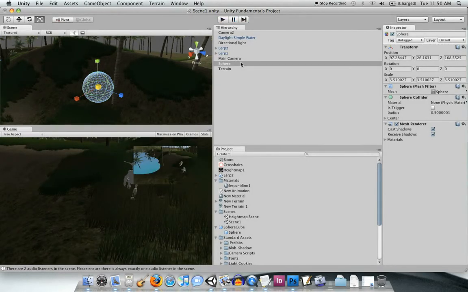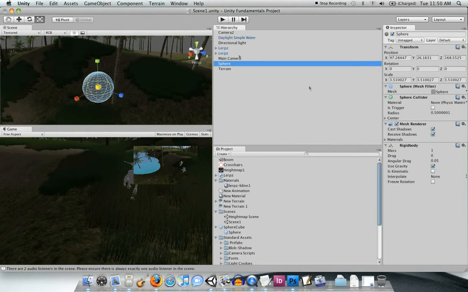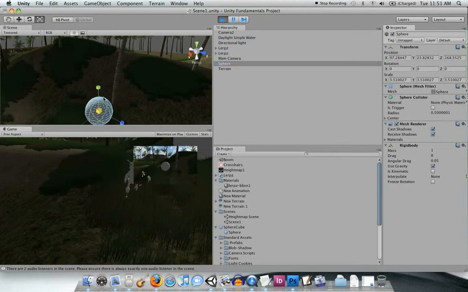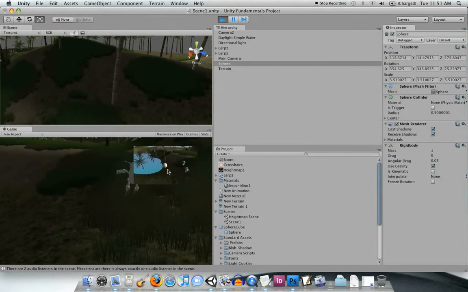To make the sphere controlled by physics, you just have to go to Component, Physics, Rigid Body, and a rigid body component will be added to the sphere game object. Use gravity is selected, and you hit play, and you'll watch it fall to the ground. And there it goes. It falls to the ground and actually rolls. You'll also notice in the picture-in-picture that the camera follows it no matter where it goes, even as it's moving,